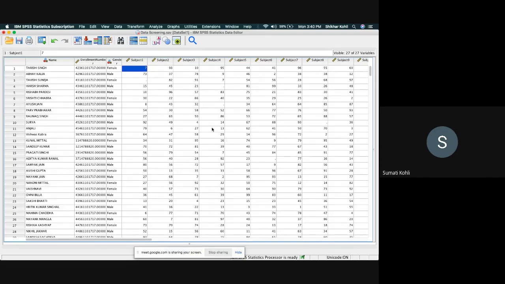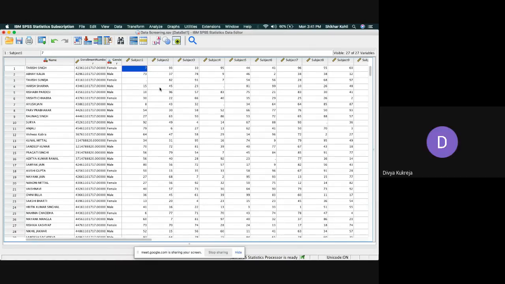You might see on your screen that there is a dot in some cells. The dot signifies that the cells are blank. And all of us know that when we are doing some sort of analysis, we cannot leave the cell blank because the data would be incomplete in that case. So now we have to fill up those cells. You tell me, how do we fill up the cells? Very easy. With what number? Blank.